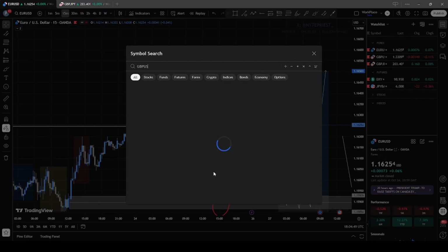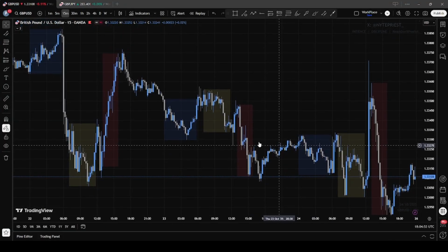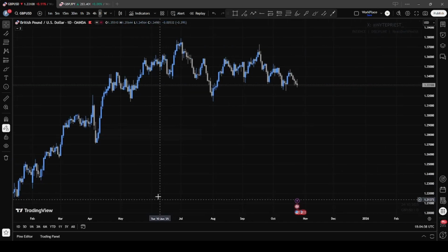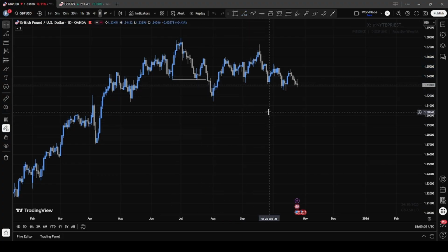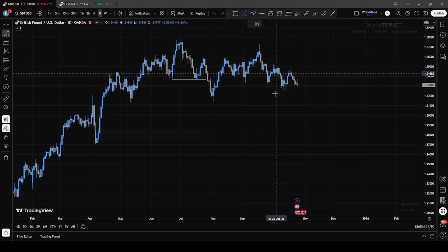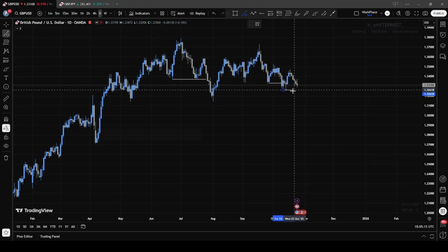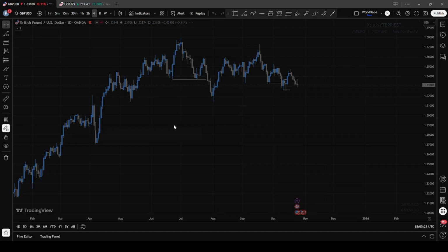So let's go to GBPUSD. Okay, so on GBPUSD on the daily time frame, the recent break of structure is here. That's the recent break of structure. So the recent fractal, we got this break, this break too on a fractal, and then we have a change here. Okay, so on the 4-hour time frame,